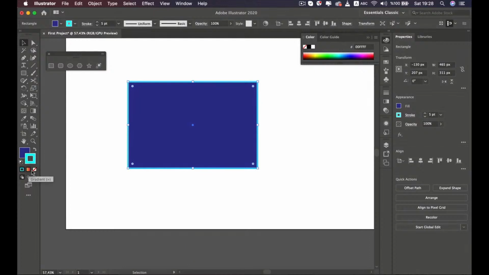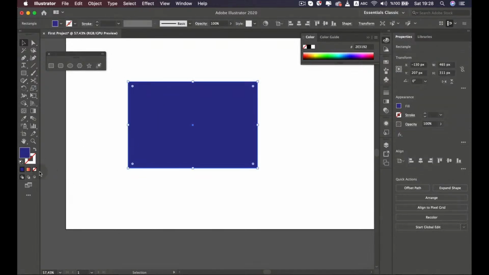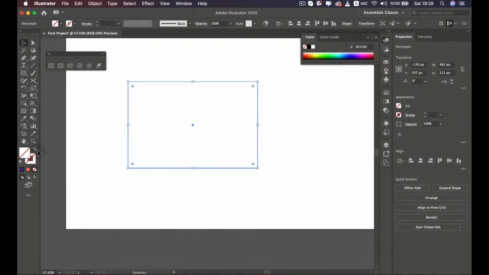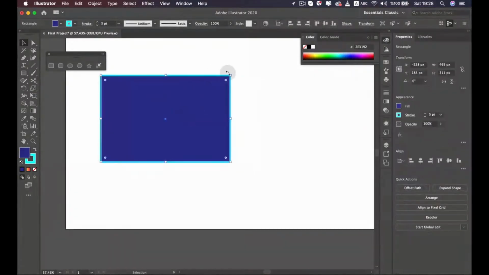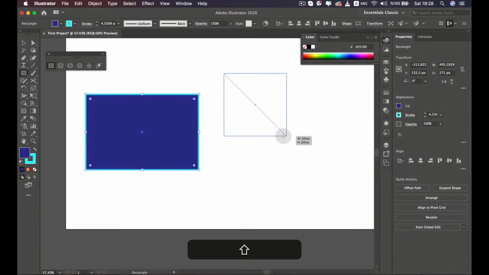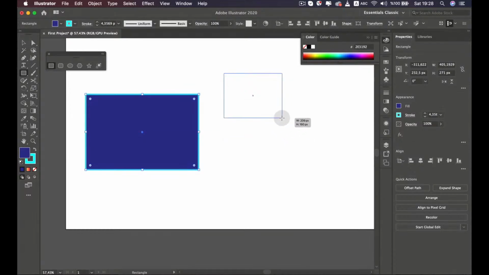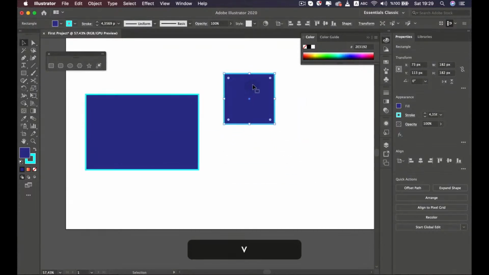If I want to disable this, I can just click on this one. We just disable it like this. We can do it for the fill as well. And similar to the above settings that we have, we can change the colors if we want. Let's Ctrl Z to undo. If you want to create a perfect square, we can do that by pressing on the shift when we are creating. Just like this, we are creating a perfect square. Even if you don't press on the shift, you have this smart guide, the pink arrow telling you when you have the perfect square. Okay, when you want to move something, we have to click on this icon, which is